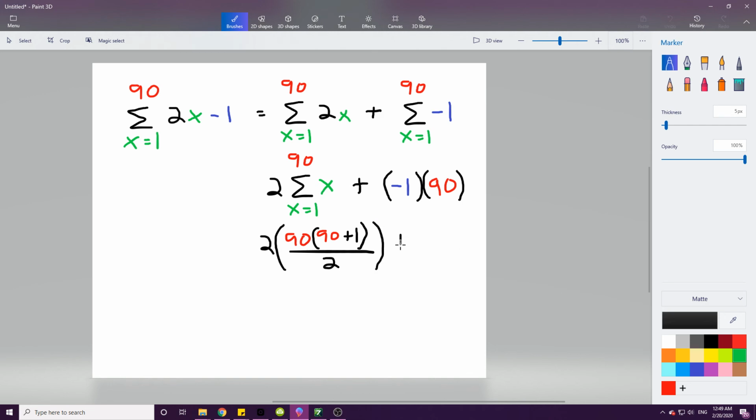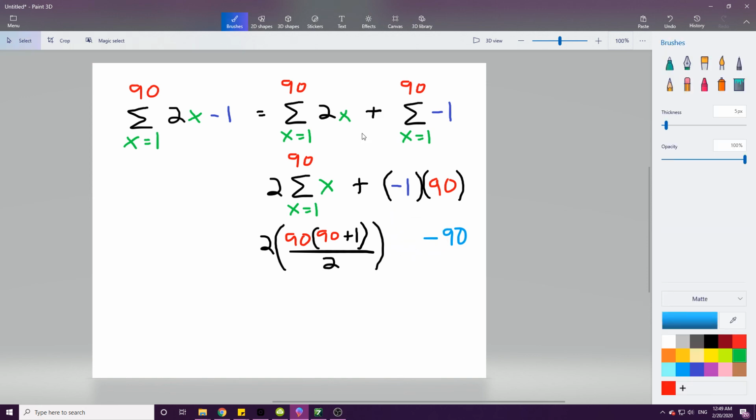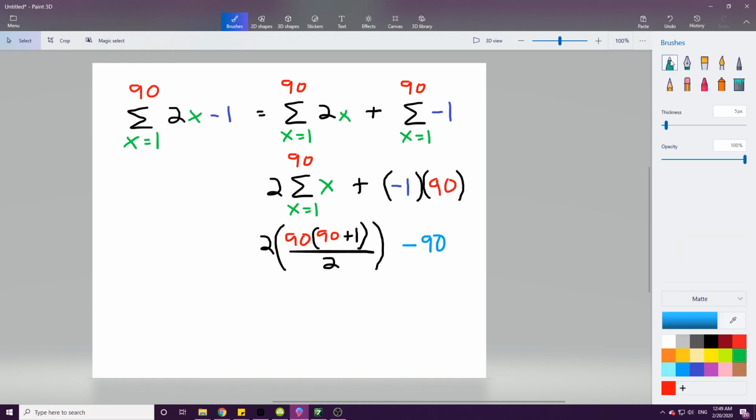And then we're going to add the second piece. Negative 1 times 90 is negative 90. Plus negative 90 is the same thing as subtracting 90, so I'm just going to take this plus away: minus 90. But also notice this: the multiplying by 2 and the dividing by 2 are going to cancel. Goodbye. So now we just have